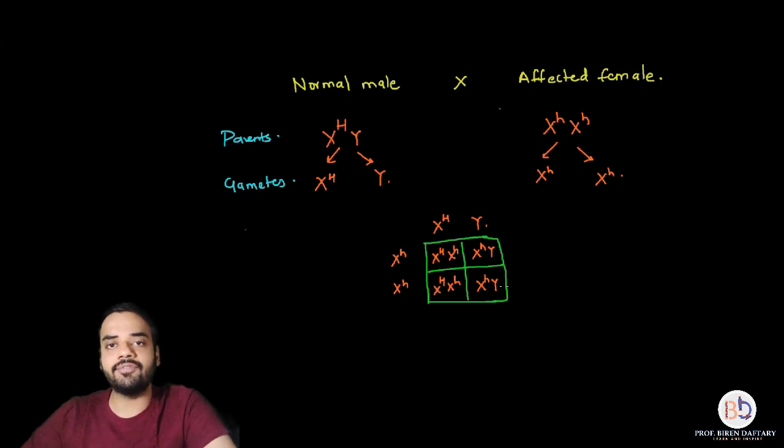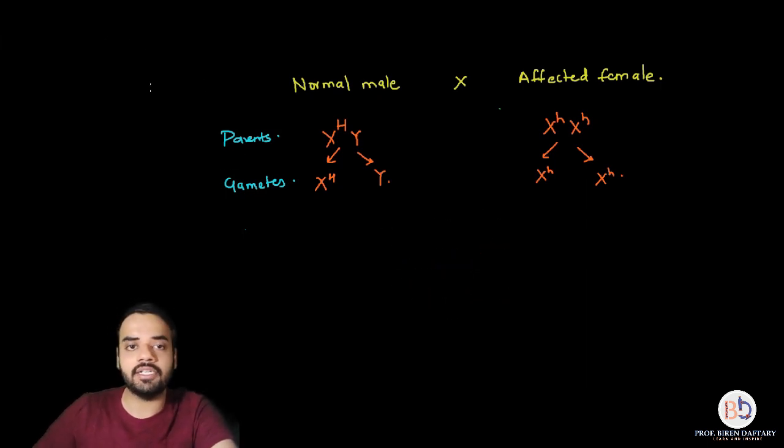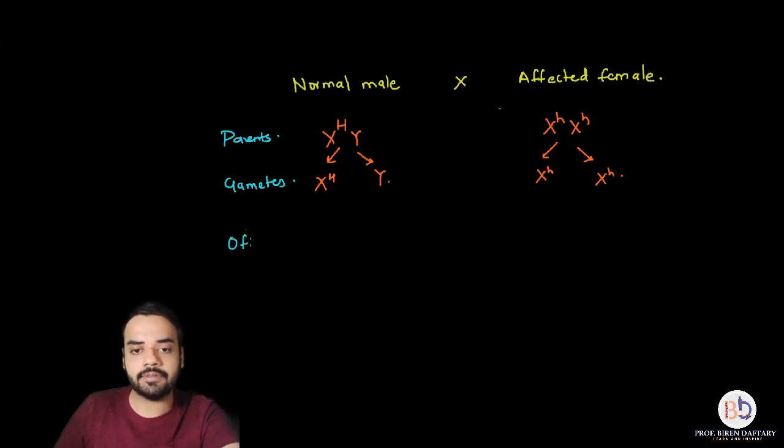So in this case, if you see, we are getting four offsprings, right? Two of them are males, two of them are females. Both the males are affected and both the females are carriers. So if we want to write down over here, we can write down offsprings, right? And the offsprings will be